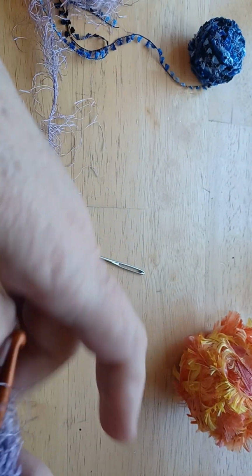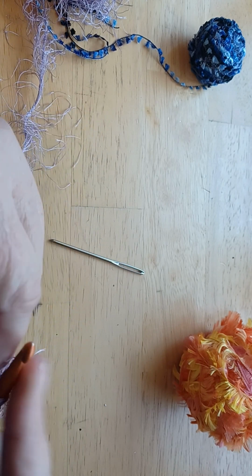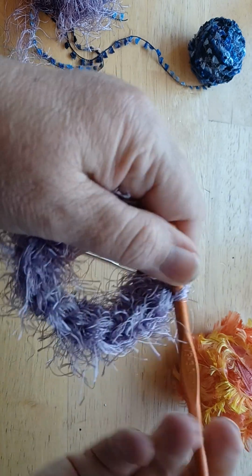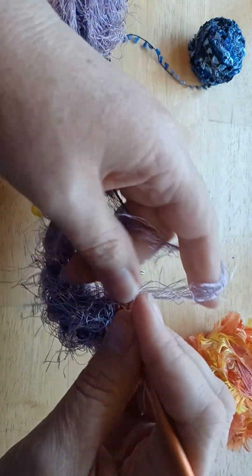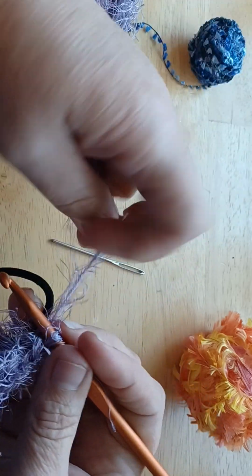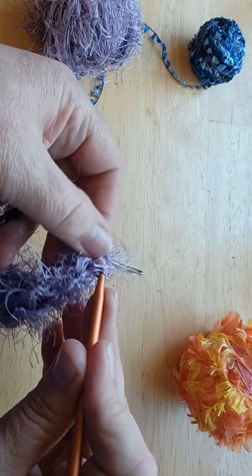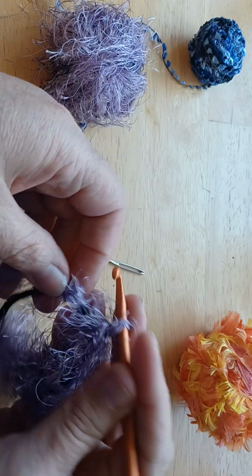So anyhow, this is how I basically do it. And then when I get to a point where I feel like I need to scrunch, whoops, I'm off camera. I do apologize. I just slide it back until it's full. And that's all I do. This is how I make my hair scrunchies using